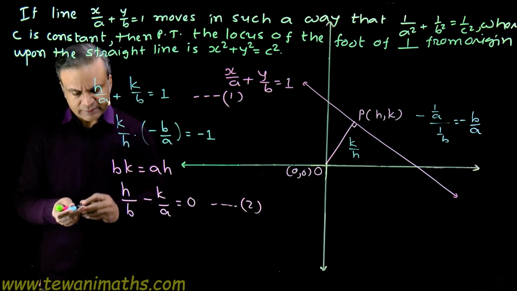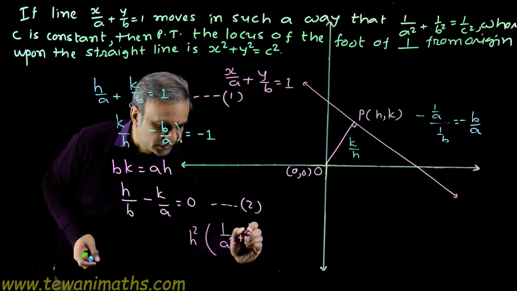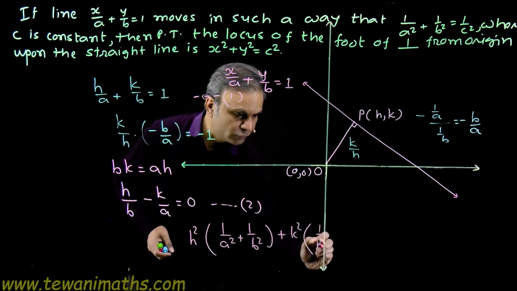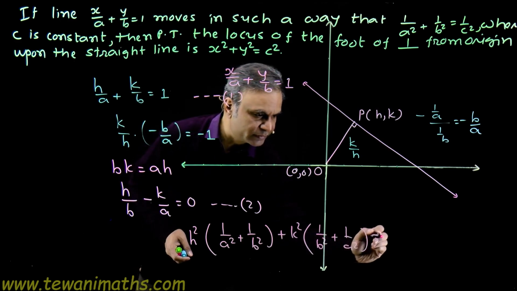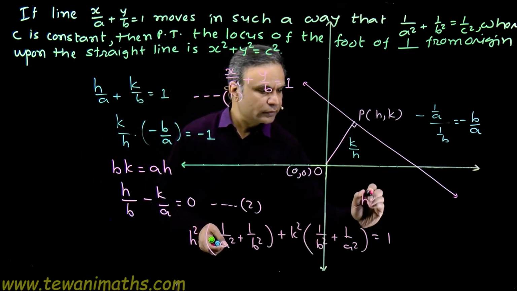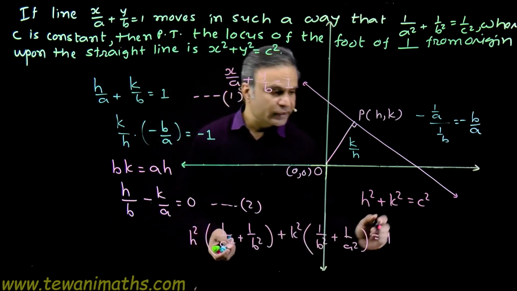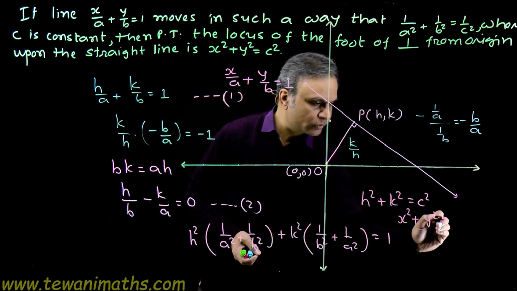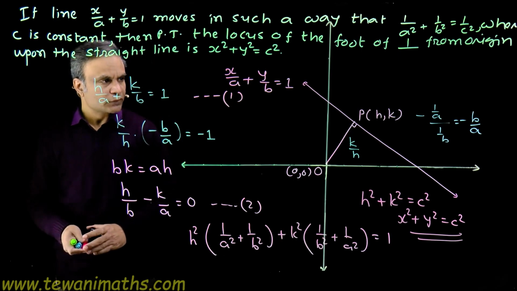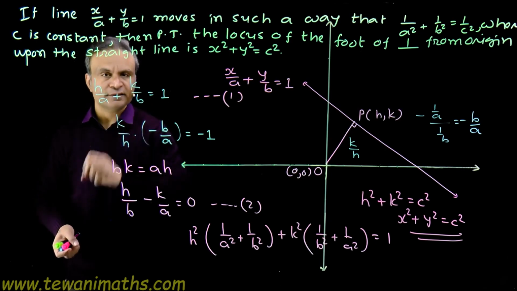तो स्क्वायरिंग एंड एडिंग से क्या मिलेगा हमें? हमें मिलेगा h square inside bracket 1 over a square plus 1 over b square plus k square inside bracket 1 over b square plus 1 over a square, this is equal to 1, and this value is 1 upon c square. So we get h square plus k square is equal to c square. Then finally we replace h by x, k by y. We get equation of locus as x square plus y square is equal to c square. ठीक है ना, तो ये सॉल्यूशन बहुत सिंपल है, पर ये सिंपल इसलिए है क्योंकि हमने इसको हैंडल इस तरह से किया है. ठीक है ना,